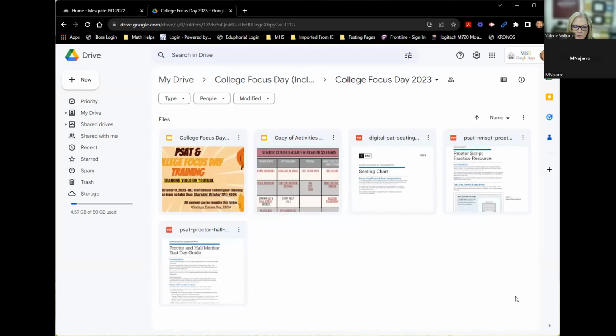I will tell you, on your verification form, there will be a question that asks, what are the 5 things we all need to be on the same page with to get through the day? And I'm going to tell you, it's this folder. If you're giving the test, it's also the checklist, the toolkit, read your emails, and take your online attendance.